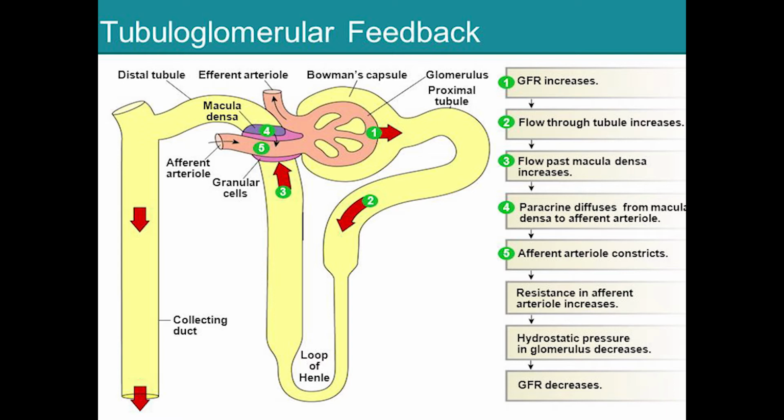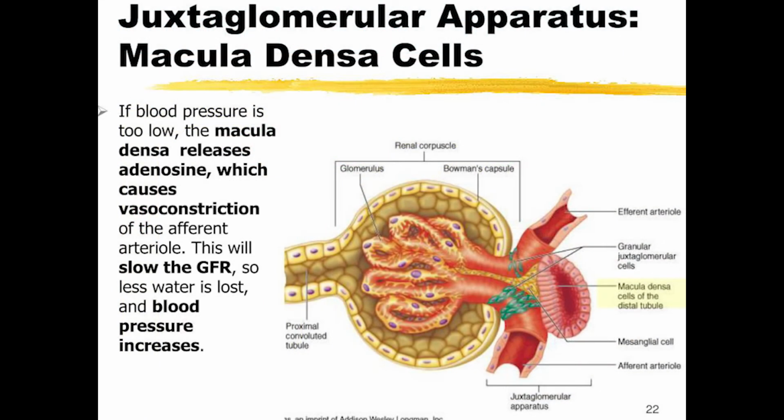At that point, the macula densa is actually going to release adenosine. In any other part of the body, adenosine causes vasodilation. But in the kidneys, it's going to cause vasoconstriction, constricting the afferent renal arteries, causing feedback of this. So it's going to eventually cause decreased renal blood flow and decreased GFR, to be able to decrease the amount of